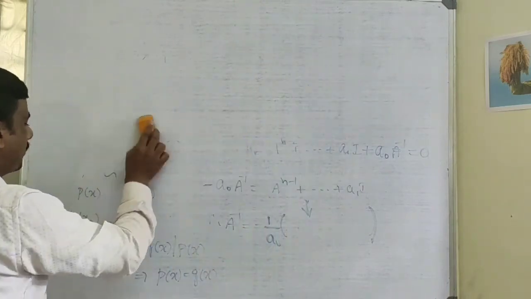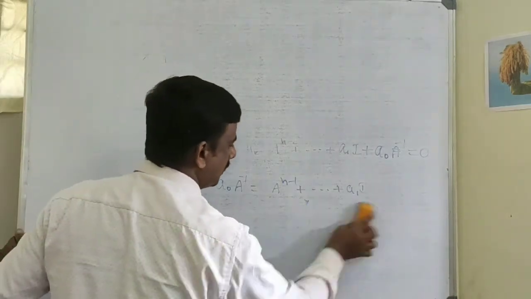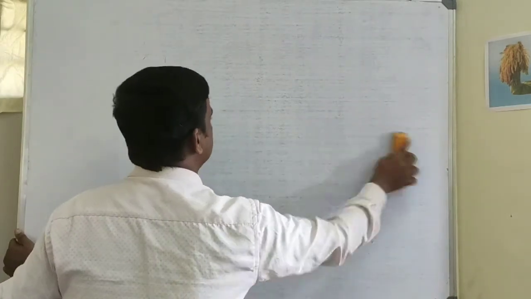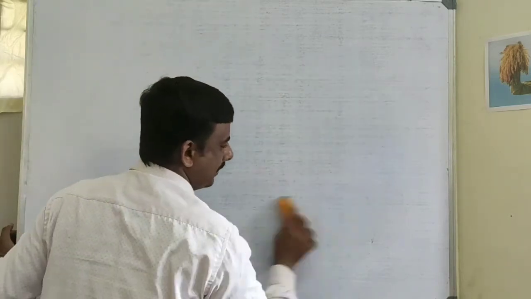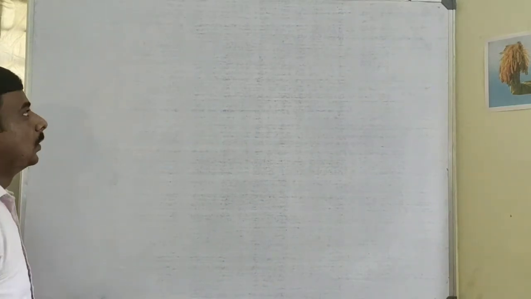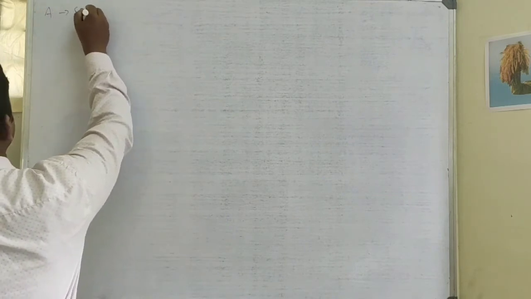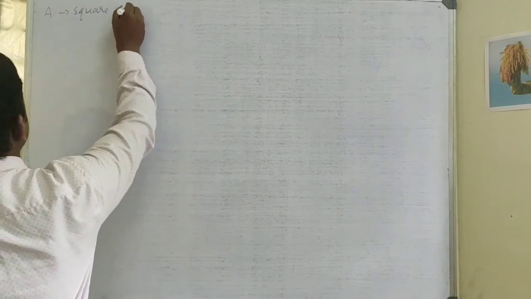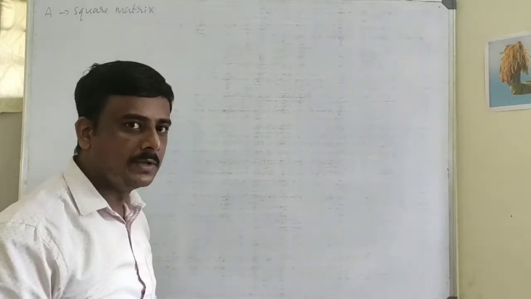The only part of unit 2 that is left to you, or which may be discussed later, is how to compute the minimal polynomial of the matrix A. Now, there is one more point I have to cover. What do you mean by an involutory matrix? This is from unit 1. So, these concepts are from unit 1.